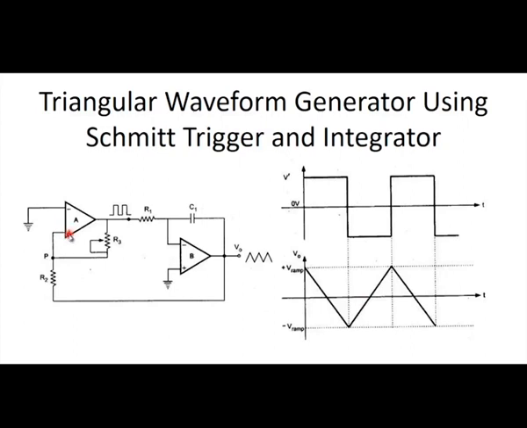At that time, the voltage at the positive terminal is higher than the voltage at the negative terminal, and if the voltage at the positive terminal is higher, then the output will be plus V saturation. In this way, the circuit regenerates the output at A as a square waveform, plus or minus V saturation,